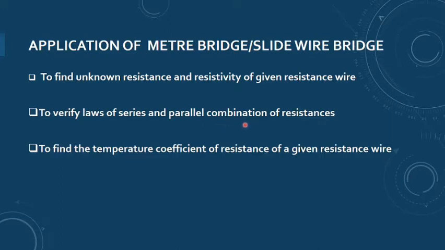If I am taking two unknown resistances, we can also find the temperature coefficient of resistance of the given resistance wire, because we have the formula R_T equals R naught into 1 plus alpha delta T. So alpha is the temperature coefficient of resistance. This is the formula with you, and you can take the values. You can find the temperature coefficient by putting the resistance wire at different temperatures. That can be taken as project work, not mentioned in your syllabus especially.